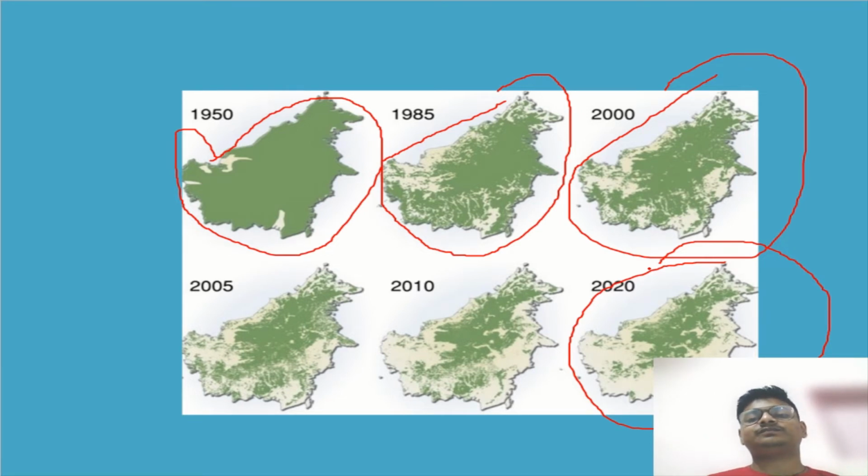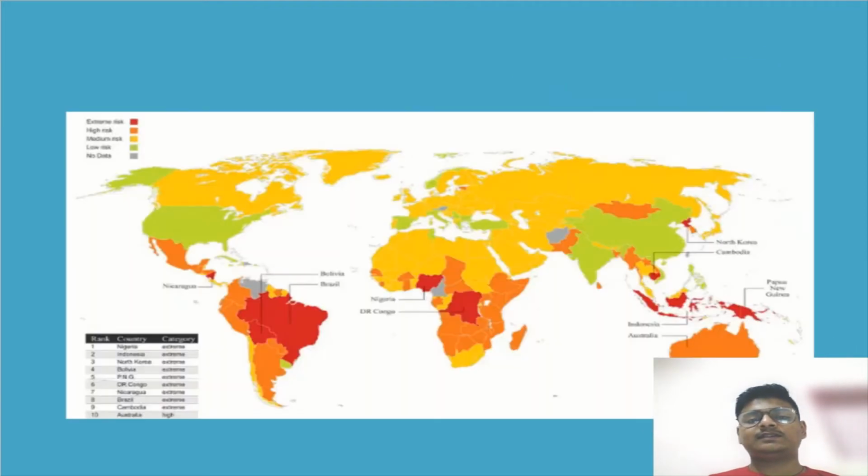Okay students, now there is one more image, and you have to explain your observation about it. You can see different things over there, different colors, and at the bottom it is written something like extreme, high. Wherever it is green, that is good, and wherever it is red, it is very bad. So you can write down in the comment box what you have observed.